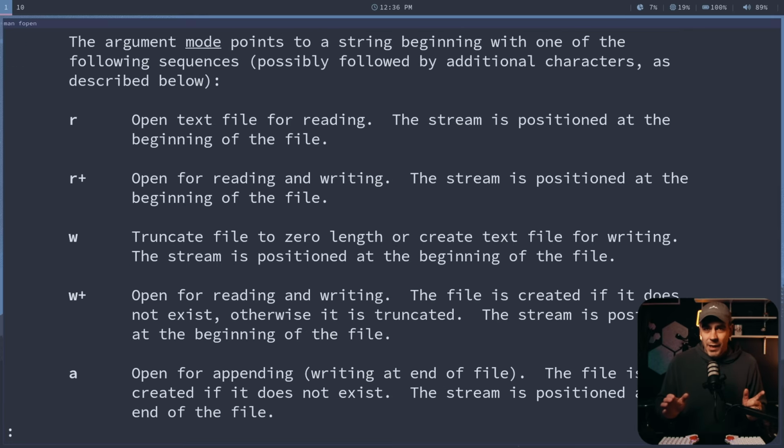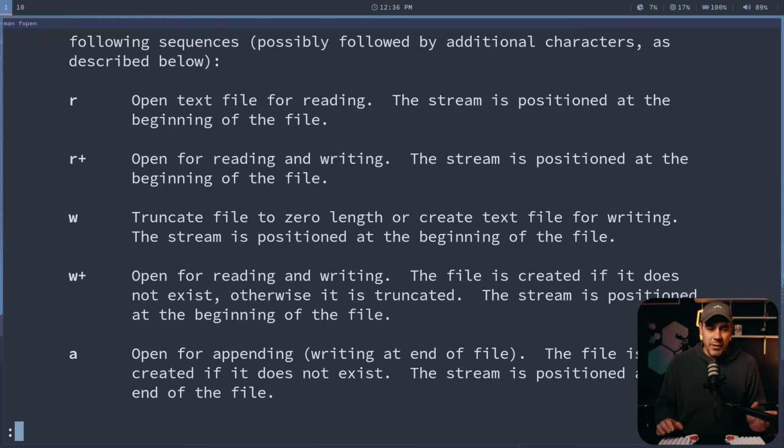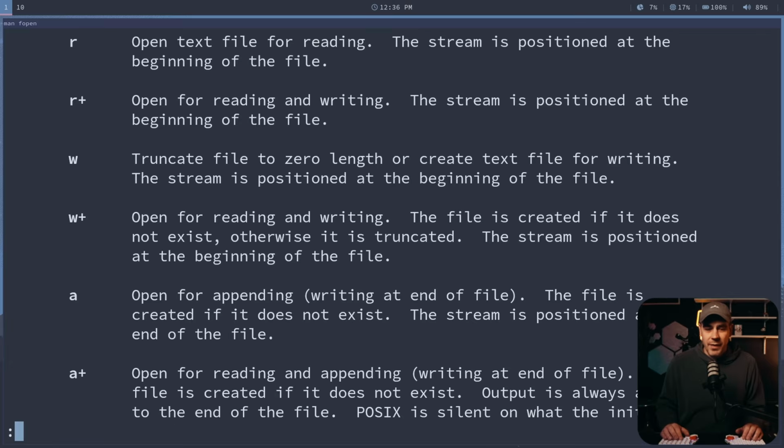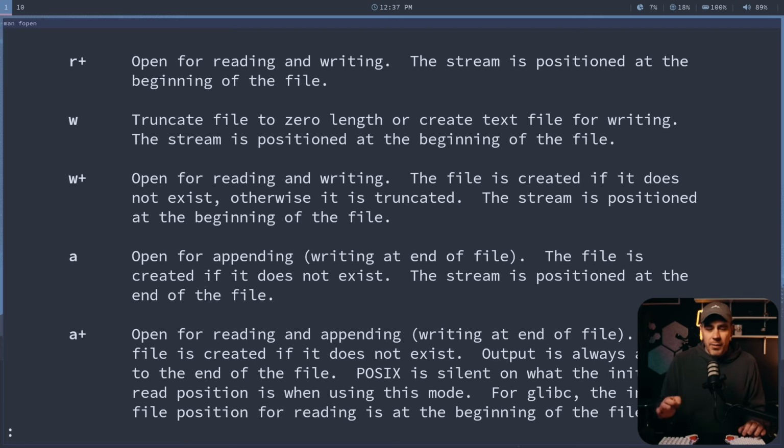Specifically, we want to know a little bit more about the mode. So you can go in here and look, r is for reading. You can't write to the file. That is w. w is for writing. Also a, which is append. So the difference between w and a is w is going to zero out your file, and then you can start writing to it. Append will seek to the end of the file, and then you can start writing to it. Also w, and I believe a, and w plus, will create the file